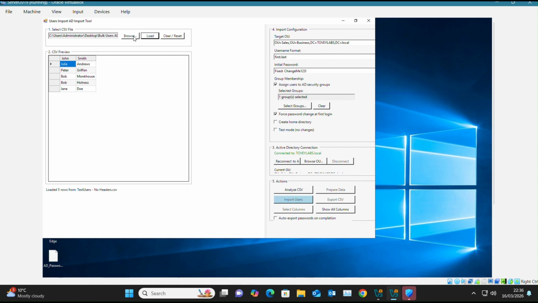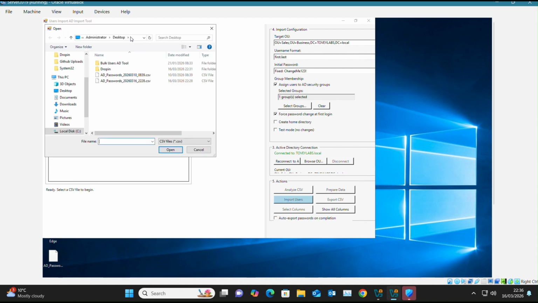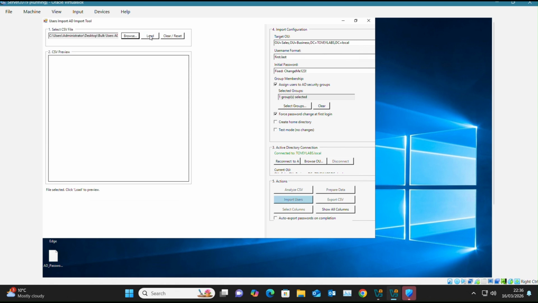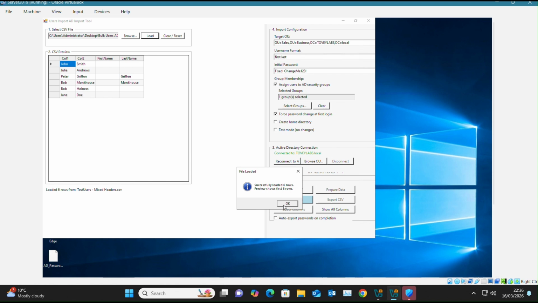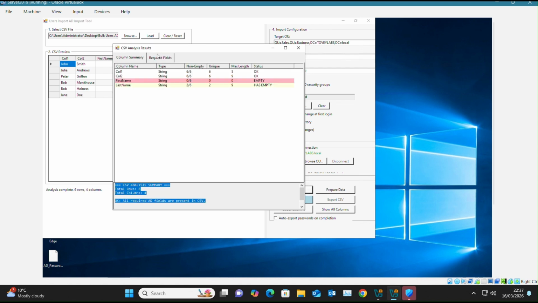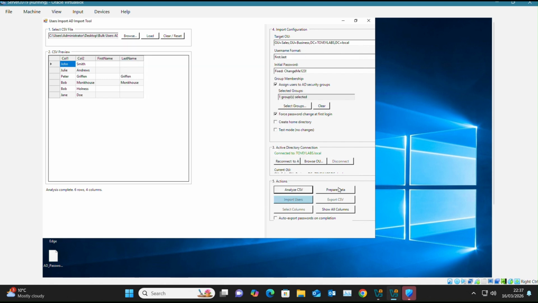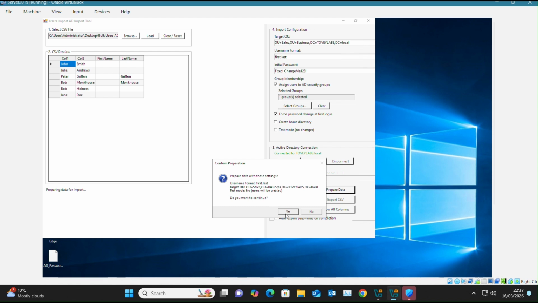I'm trying to think what else. It won't work with, I think I've got it here. If the first name and last name are in the wrong place, I don't think it likes that then completely. If I do that one, I load that. Yeah. So if we go ahead here, I don't think this will actually work. So we'll do that one here. Required fields. Yeah, it recognizes it's got the columns there, but it won't map them. Failed. There we go. So it's not completely idiot proof, but